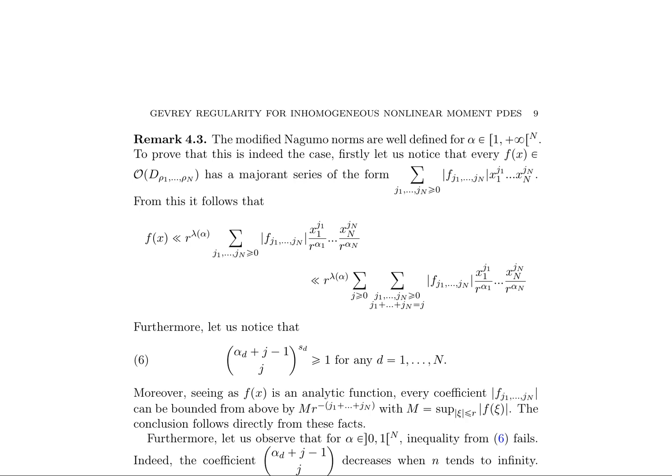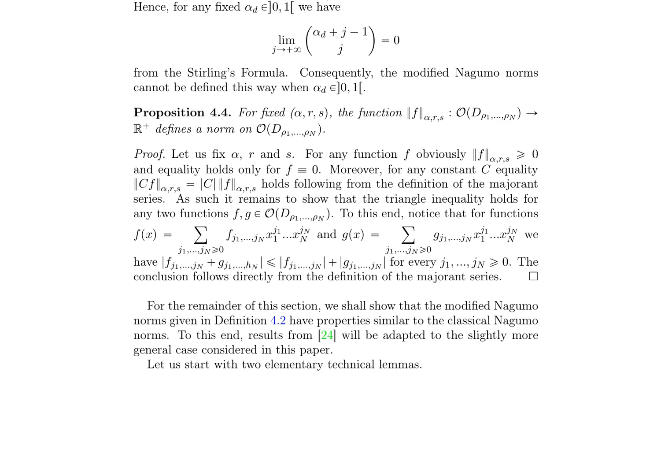The modified Nagumo norms, denoted as F, alpha, R, S, are defined on the space OPD ρ 1, ρ n q. A key result in this context is proposition 4.4, which proves that F, alpha, R, S is indeed a norm on this space. This proof relies heavily on the concept of majorant series and the triangle inequality, demonstrating the